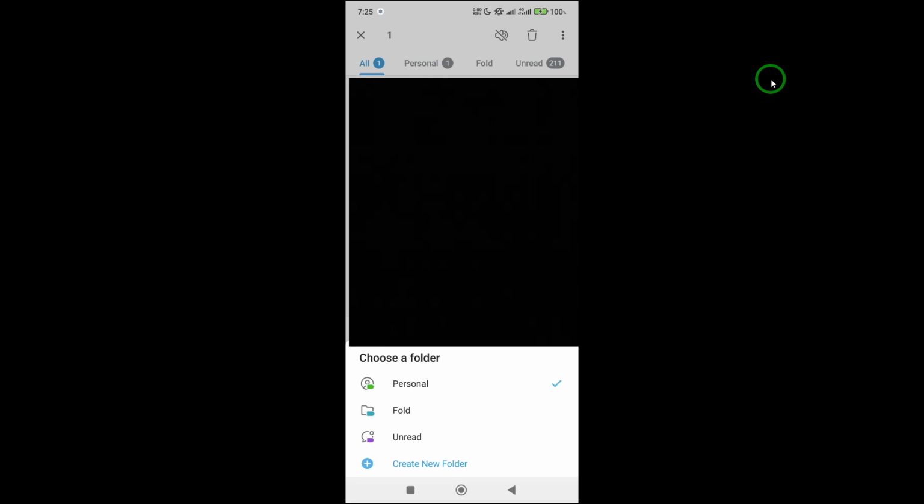Next, find the chat you want to add to a folder. This could be a group, a channel, or a personal conversation. Once you've located it, press and hold that chat for a couple of seconds. This will bring up a few options at the top or on the side of your screen, depending on your